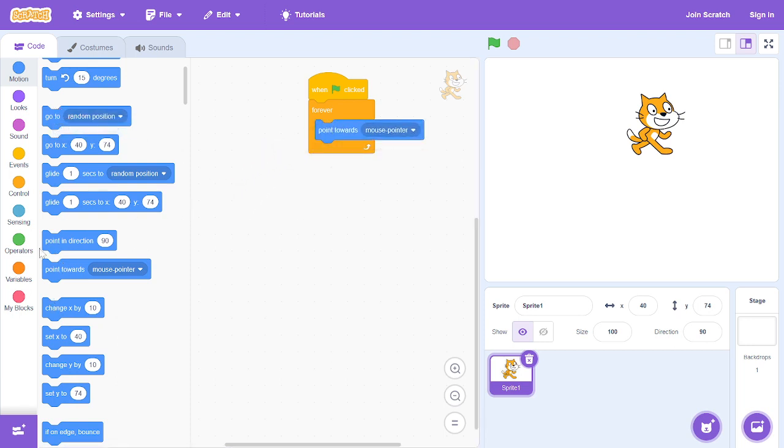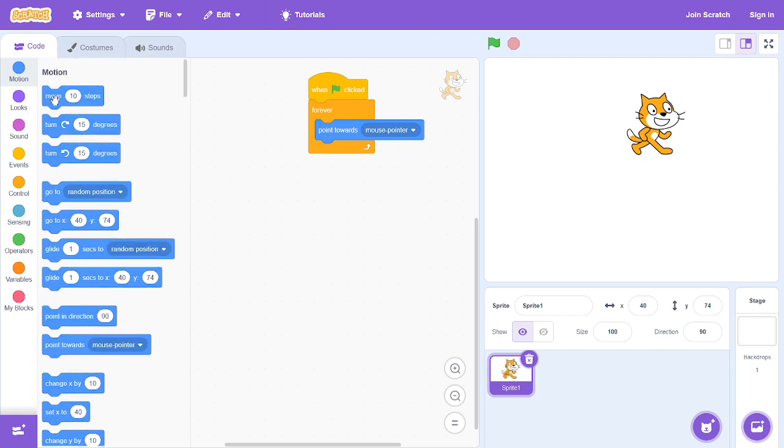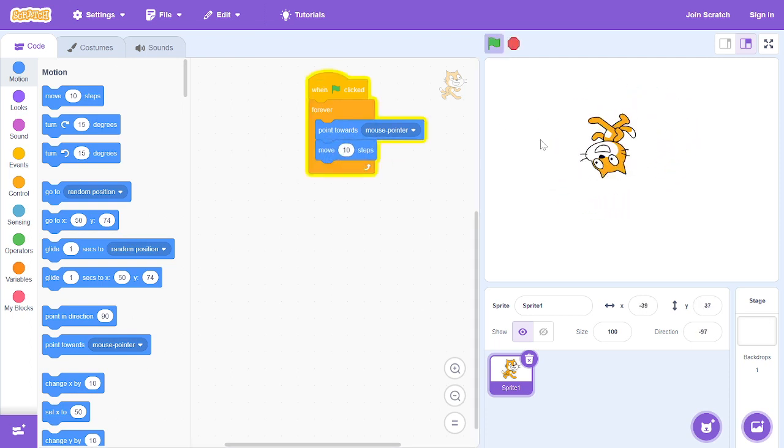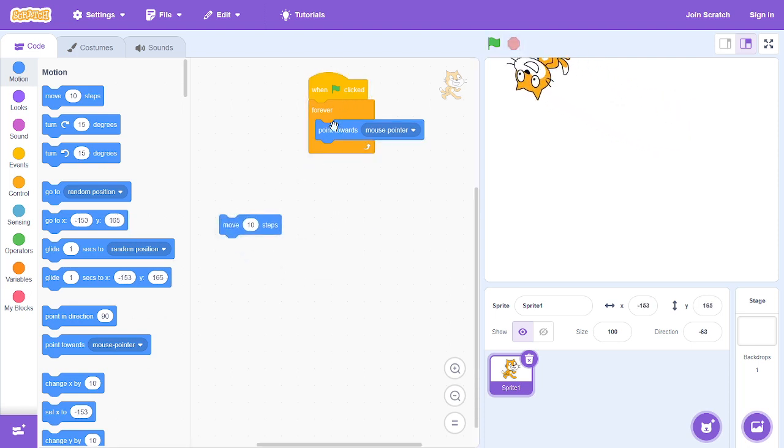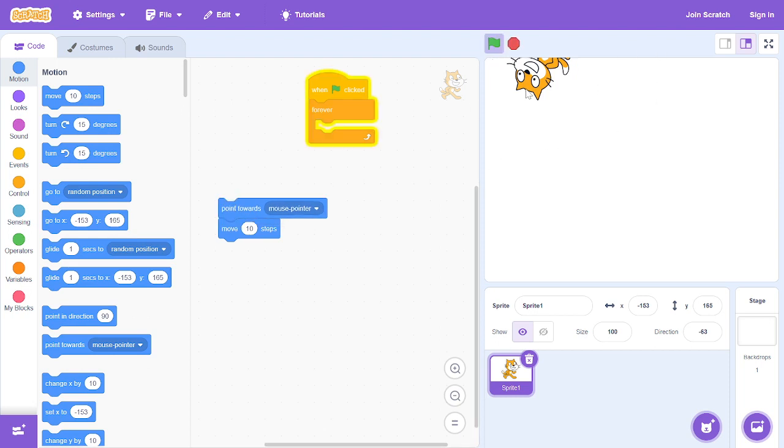There are two ways actually. Point towards mouse pointer and then move 10 steps. This is a more polished way, but there's a reason sometimes it's worse. You see, when we go like this, when it touches, it's like this. But I still want this. Or if you want it to look a little better, but doesn't shift around its position. If you don't want it to shift around its angle,